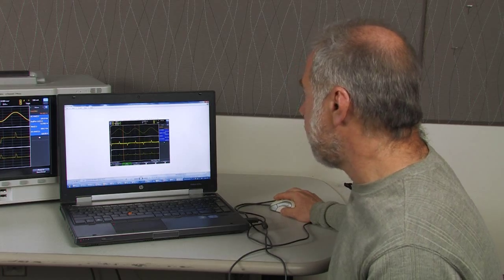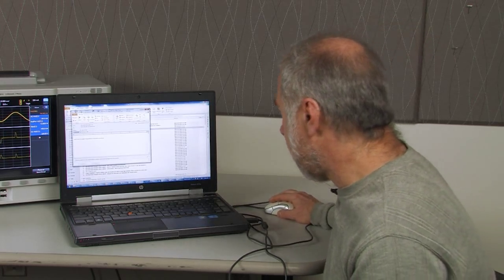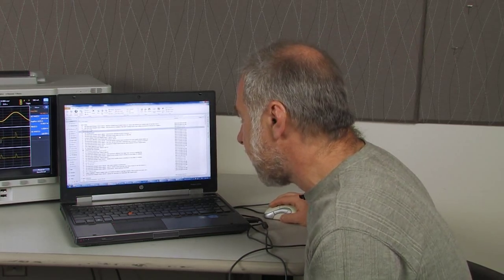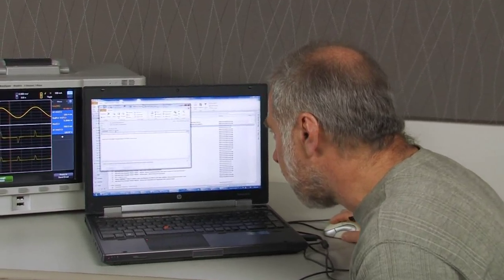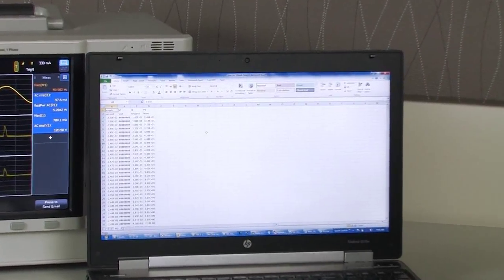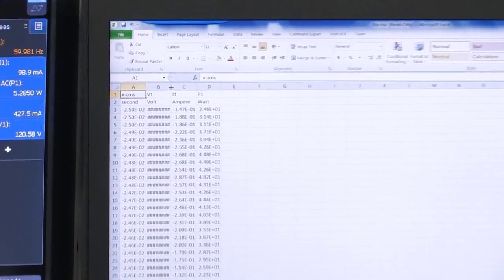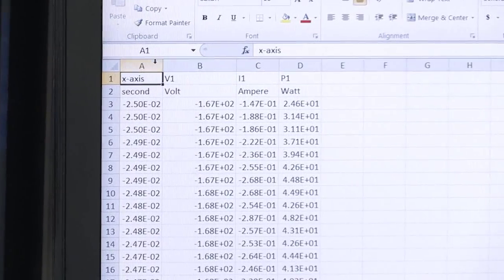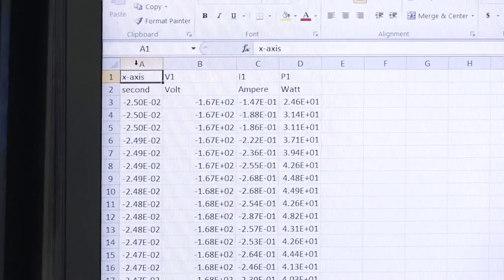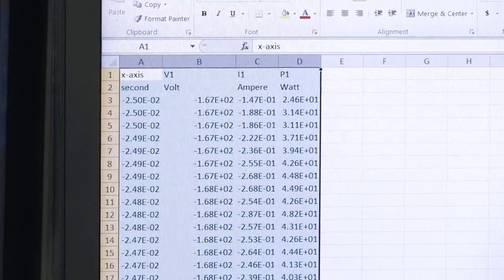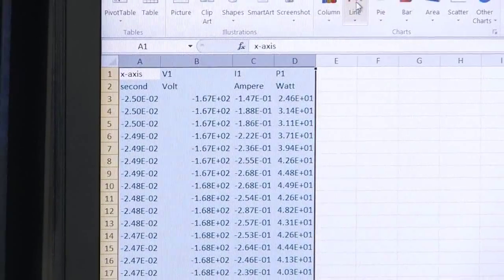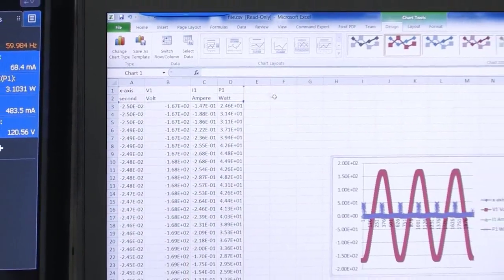Okay, the next email I'm going to show you is where I've sent myself the CSV data, which is a series of points. I've imported this into Excel, and you can quickly make a plot of this just by clicking on a line.